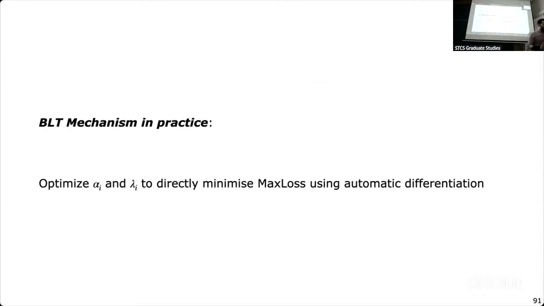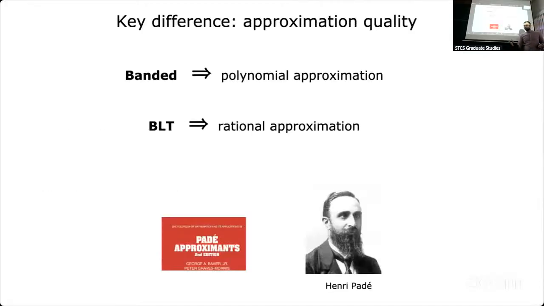Okay. In practice, we just find these coefficients with automatic differentiation. It's helpful to initialize them with what we get from this rational construction and theory. There are still some challenges to numerically optimize it, but it works because it's a non-convex problem, right? And the key, as I said, is that in the bandit setting we were looking at polynomial approximations, but now we are looking at rational approximations, which are in general better. Like Pade approximations, for example, are better than the corresponding Taylor approximations in practice, right?